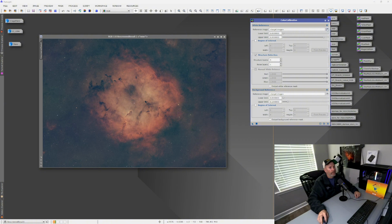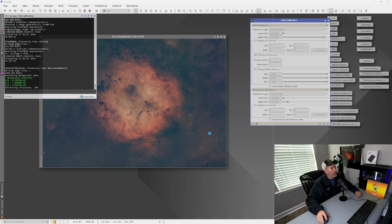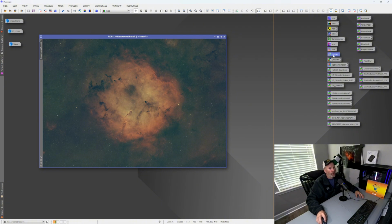Oops. Got to hit the right button first. And this is Rescreen Result. And just hit the Go button, and let's see what happens. May change the colors around a little bit. So see how it changed the color a little bit? It put more of a natural color in there. If you like it that way, you can go over to Curves,